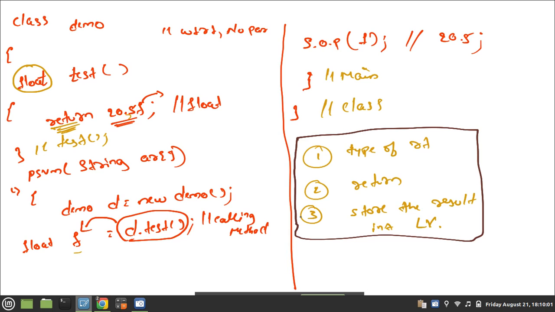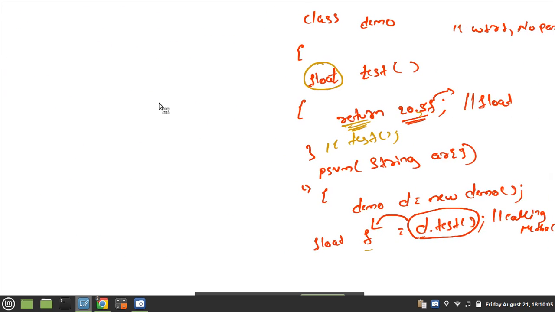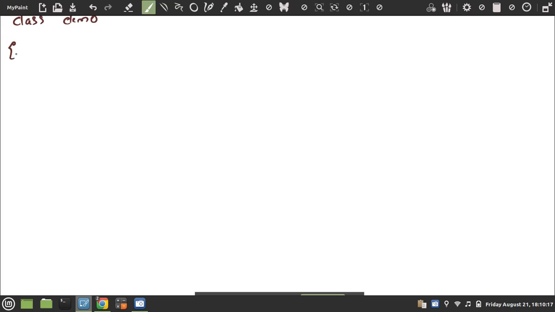The same example I will explain by taking the example of addition of two numbers. Class Demo. So this is with return type, no parameter. So add, no parameter.